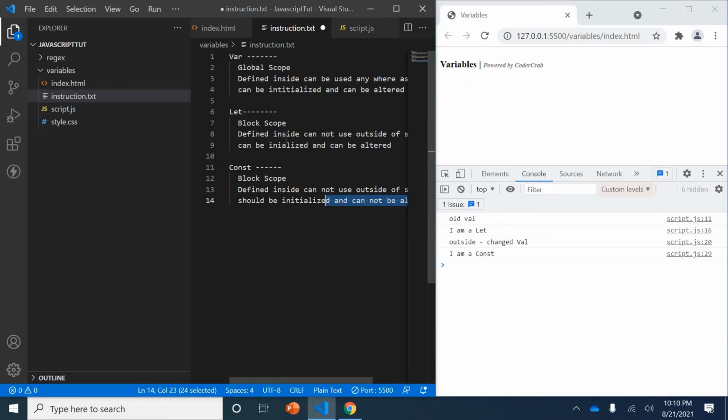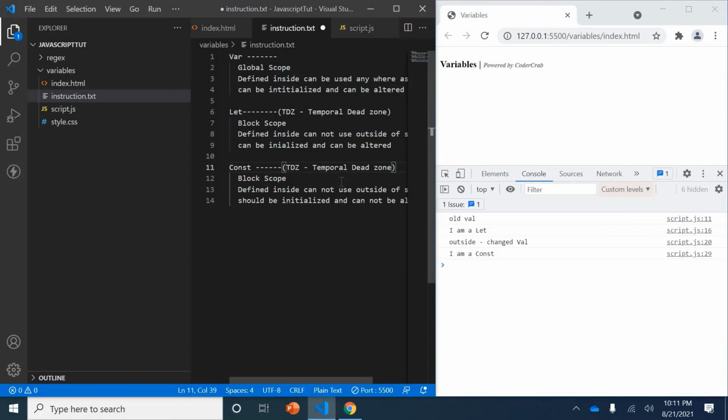The point which comes into this, a very essential thing, is the temporal dead zone, or TDZ. It's a very essential point for interviews. The temporal dead zone is nothing but the phase between where you start and the phase where it is initialized. In between, if you try to access the value, it's going to give a reference error, because it is in the temporal dead zone.